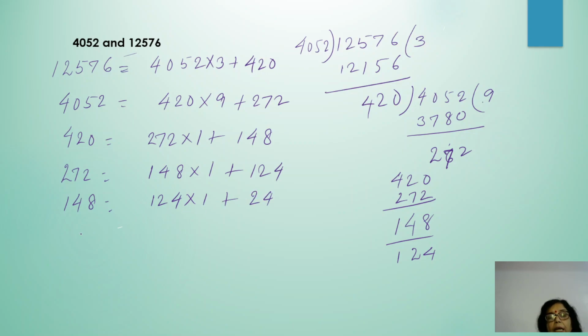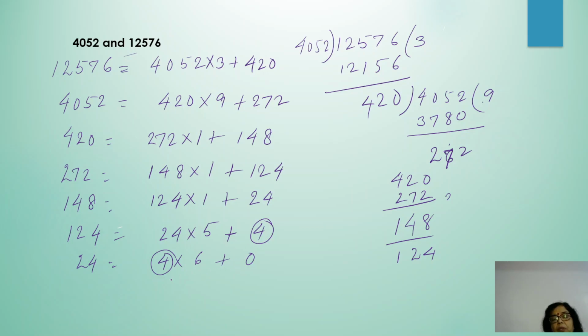Next step, 124 is the dividend and 24 is the divisor. Now 24 into 5: if you do 24 into 5, it will give you 120, and the remainder is 4. Next step, 24 becomes the dividend, 4 becomes the divisor, 4 into 6, and the remainder is 0. So once we get the remainder 0, we stop the division process. This divisor 4, which was the remainder in the previous step, will be the HCF